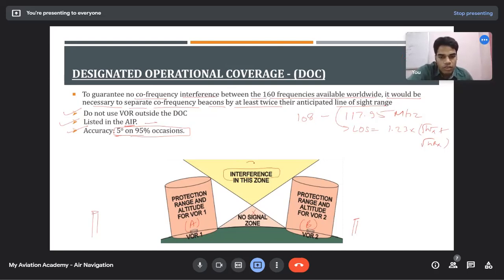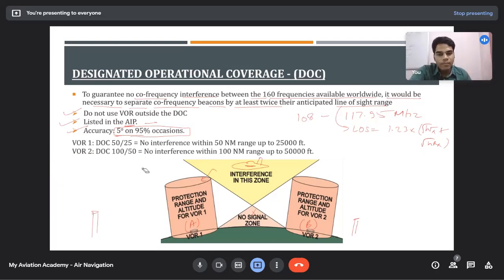If I have an aircraft flying from this area, both of these will be giving signals to the VOR. If you fly an aircraft which has two sets of communication radios and two sets of navigation radios, you can even set two different navigation frequencies and you will get both of them. It's just that when you arrive in this area, you are asked to maintain only that particular VOR frequency.